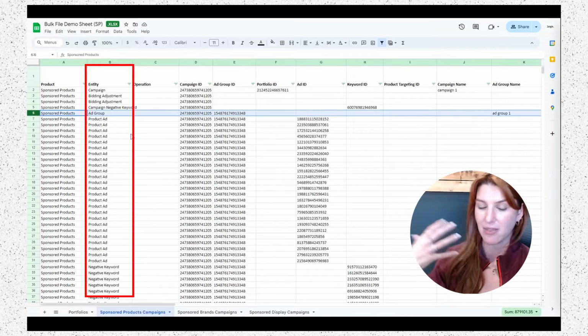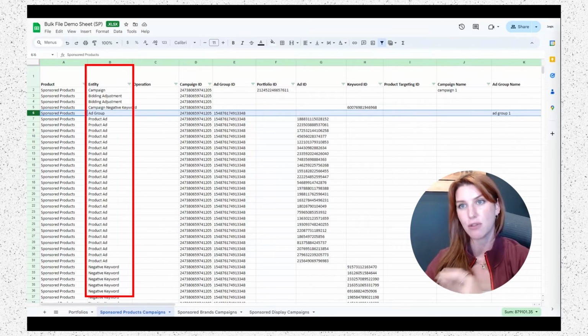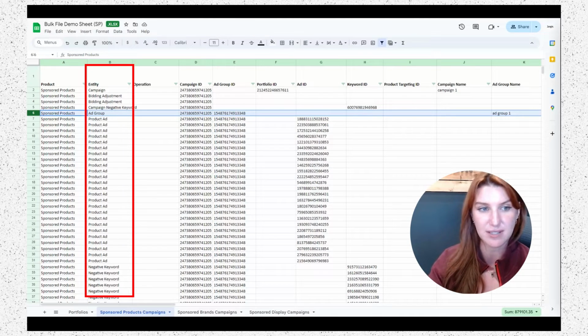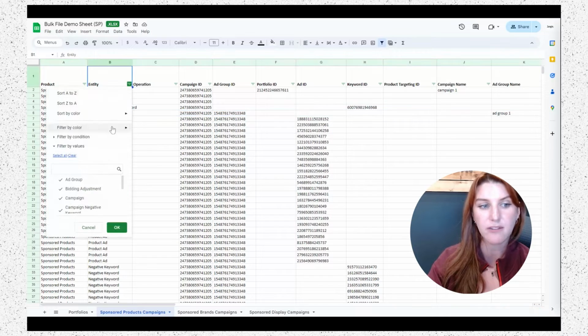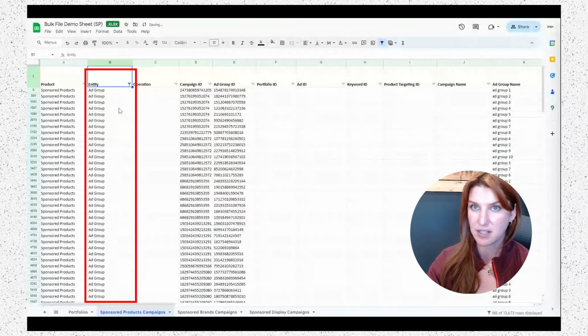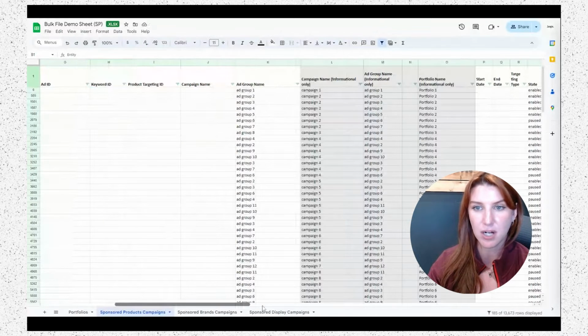So you can see data of the ad group. And where this is very helpful, as you can see, is I'm quickly filtering down through everything. And you also can create filters. So for example, if I wanted to look at all of my information on all of my ad groups, I could filter this entity column, condense it to all of my ad groups, and then go through here and start